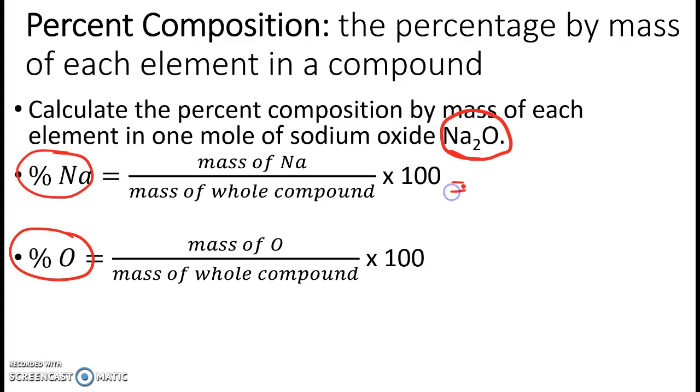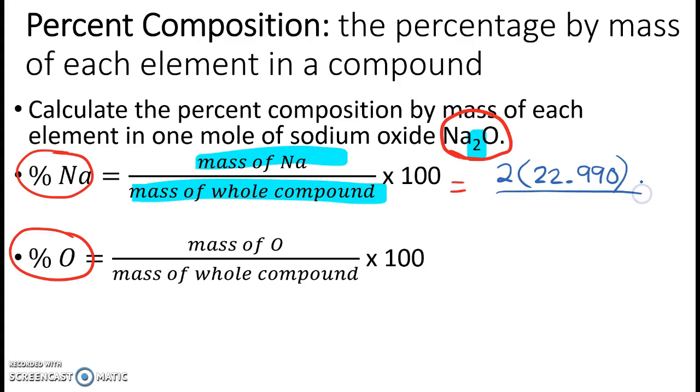So I've given you two equations here to help you solve this. In the numerator, we will have the mass of Na divided by the molar mass of the whole compound. In this compound, you can see that there are 2 atoms of sodium. So in the numerator, we're going to have 2 multiplied by the mass of 1 sodium atom. The 1 sodium atom has a molar mass of 22.990, divided by the molar mass of the whole compound, which is 61.979. And then we'll multiply that by 100